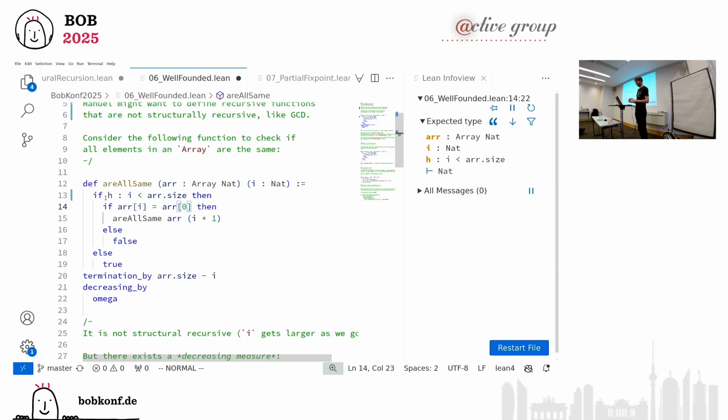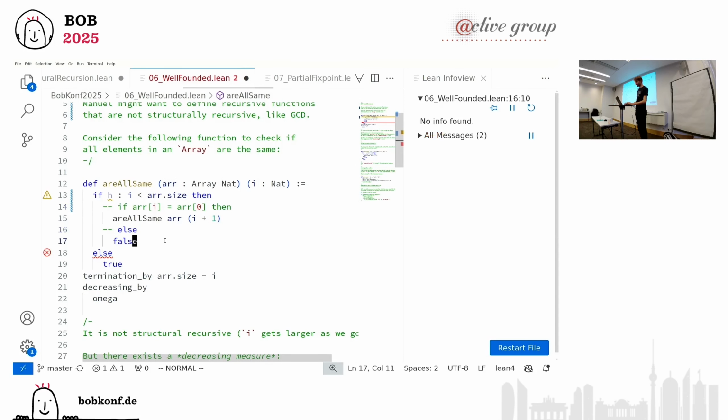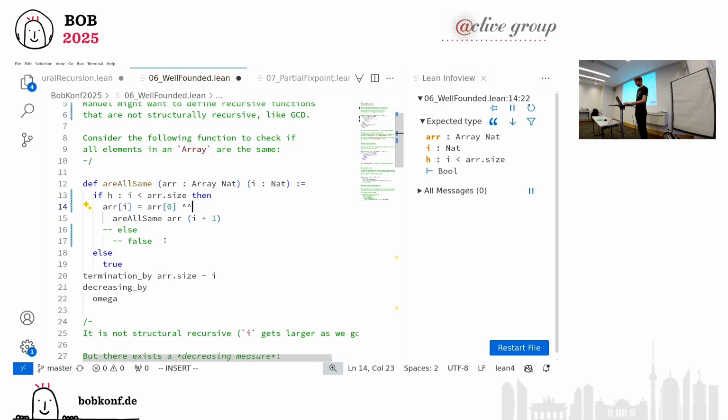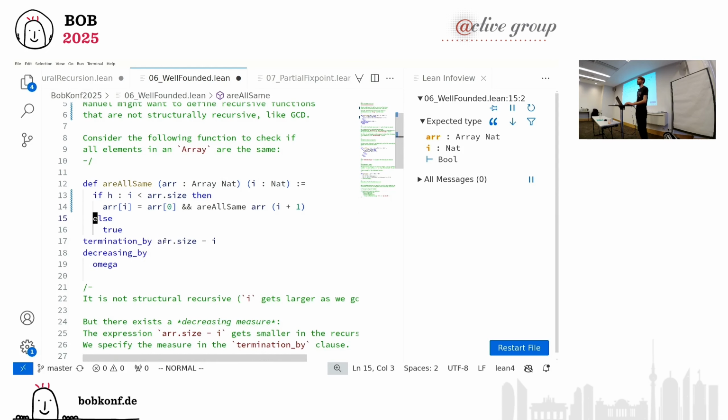While we're at it, could you also leave out the inner if? I mean, and then return array i equals this array 0 and all are the same? Probably, yes. I think I just wanted to make it clearer, but this works well. While we're at syntactic questions, then it's okay to have it as a proposition, or do you need to turn it into Boolean? It gets automatically, it inserts the right coercions. Okay.